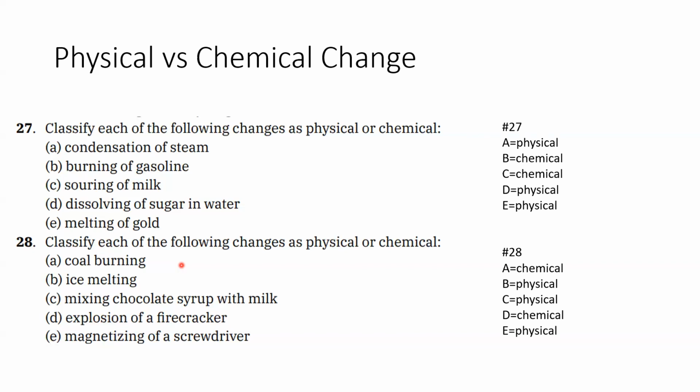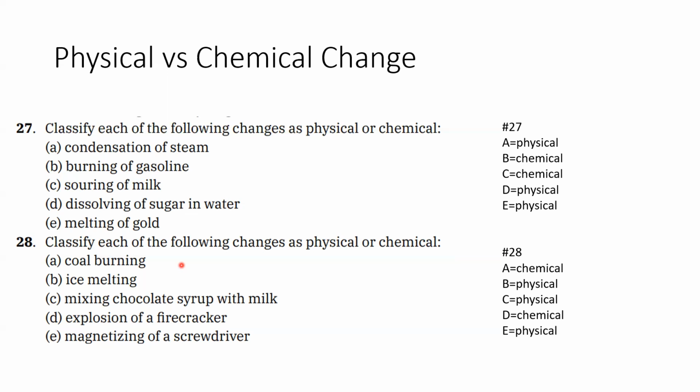And then with number 27, B and C are both going to be chemical changes because those are actually creating new substances. We're changing the identity of what that substance is. So again, burning gasoline, we're going to have gasoline combine with oxygen to create carbon dioxide and water. Souring of milk, I don't know exactly what the products would be, but we're going to have the components of milk get changed into something else, and that's why you start to get that awful smell. It starts to get chunky if you leave it in there long enough, because we're going to be